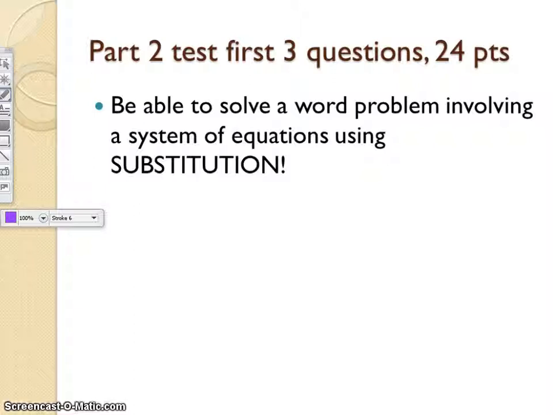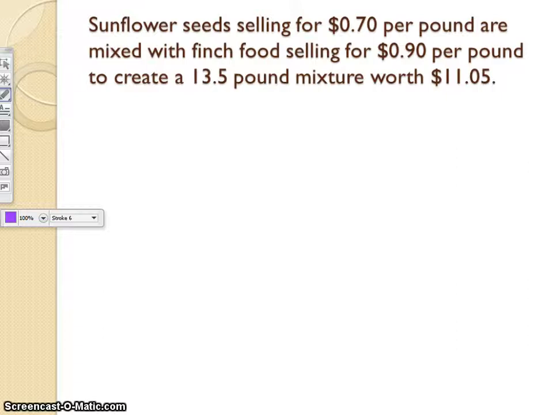The first one, you'll need to be able to solve a word problem involving a system of equations, and you should use substitution to solve that problem. It will be something like this. Sunflower seeds selling for 70 cents a pound are mixed with Finch food selling for 90 cents a pound. They create a 13.5 pound mixture that sells or is worth